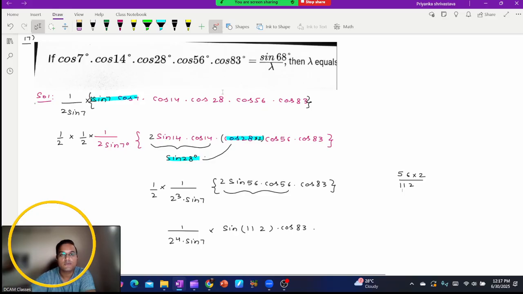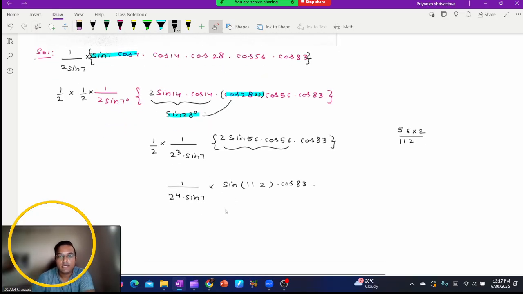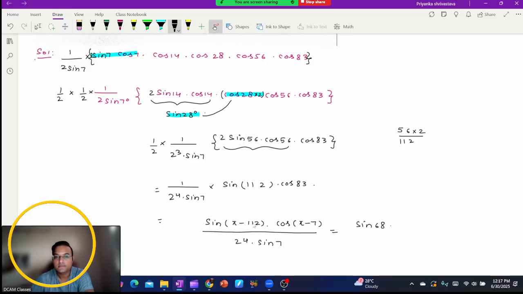What we can do now is this: sin 112 I can write as sin of 180 minus 112 also. This is cos of 5 minus 7 by 2 power 4 sin 7. This will be sin 68, multiplied by 16 into